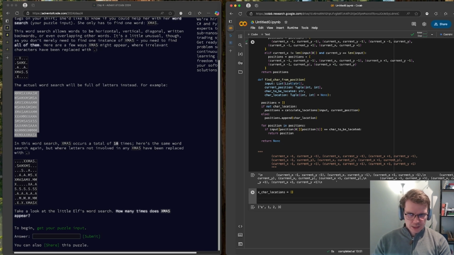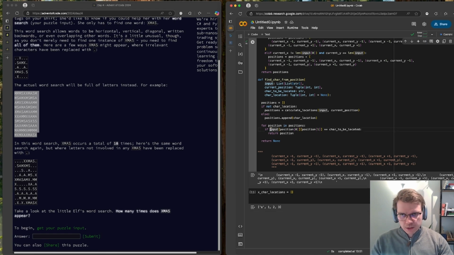We need to locate the x characters. So then actually we want to maybe do here, since we need to compare the string values,